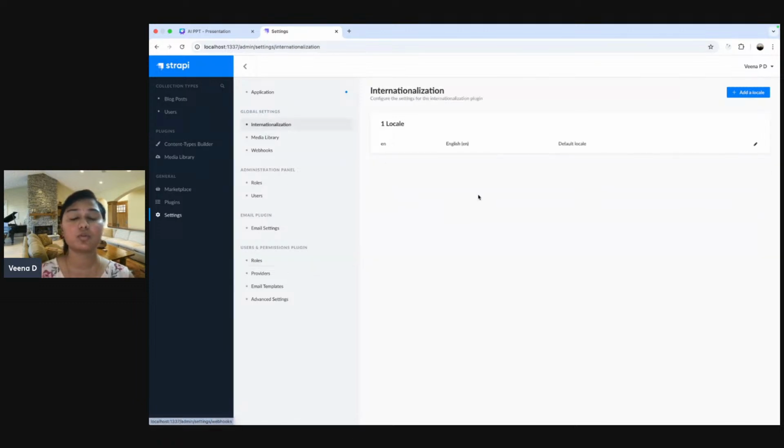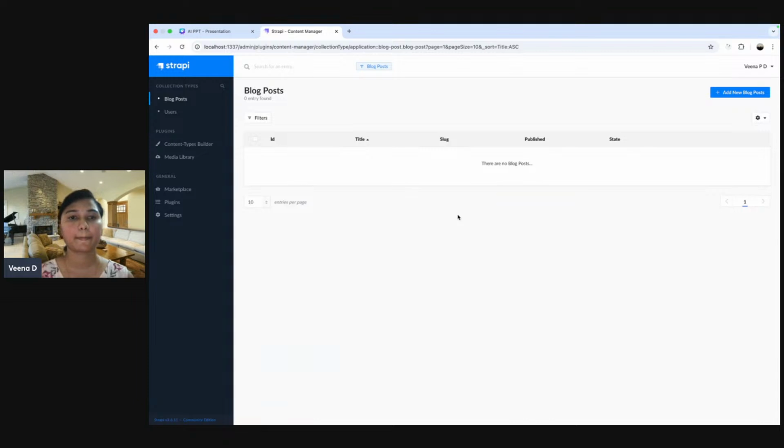Yeah. And also one more good thing about this headless CMS is that we can have internationalization, like multiple languages. We can have multiple languages as well. Okay. So this is the kind of dashboard that comes up,